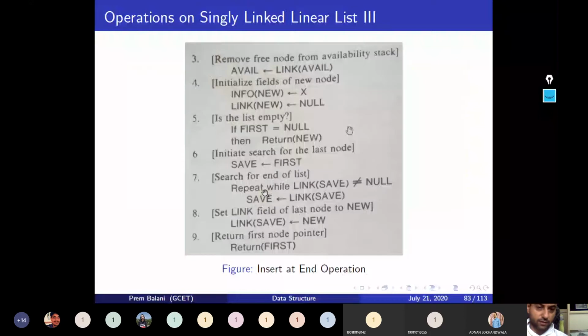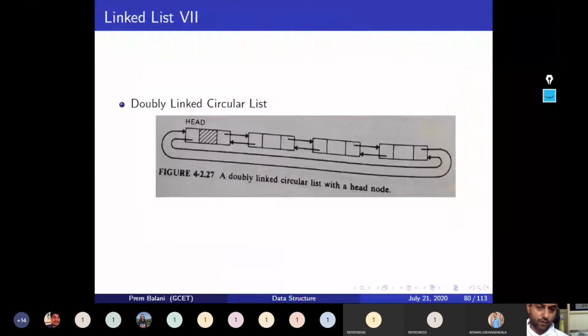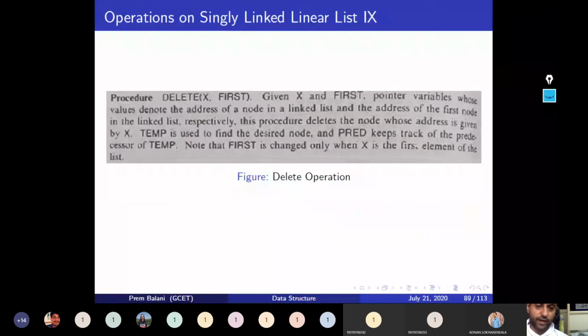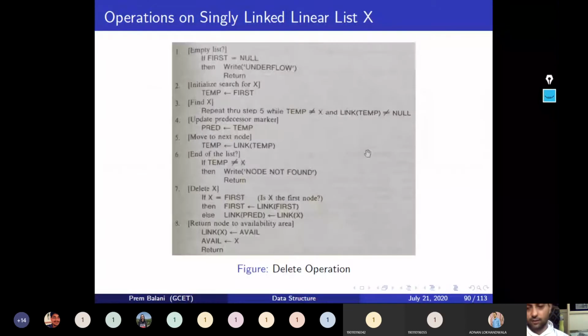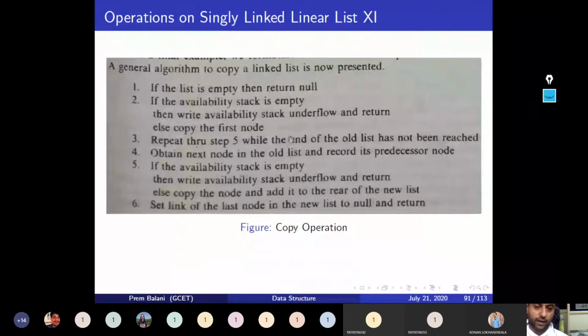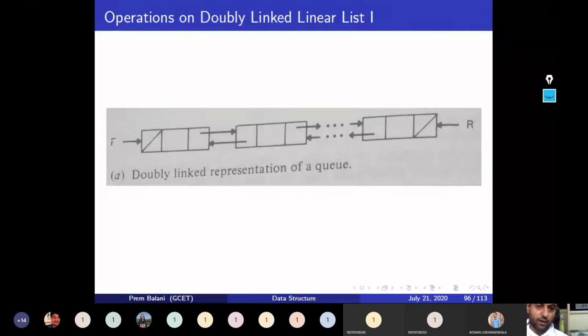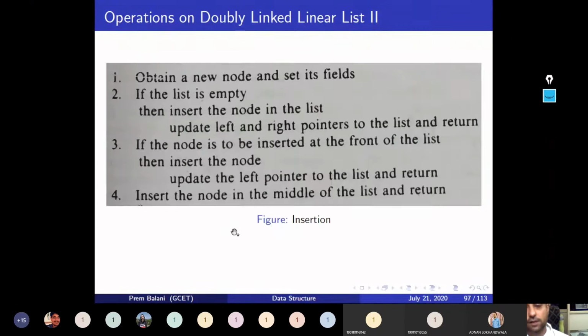In this linked list, we completed the singly linked linear list. Then we completed the circularly linked linear list, and then we started the doubly linked linear list. Sorry, not double-ended queue, doubly linked linear list. And a double-ended queue can be represented through this doubly linked linear list.